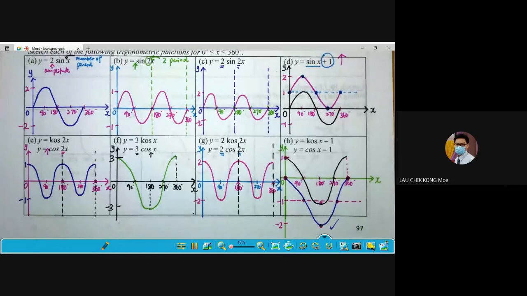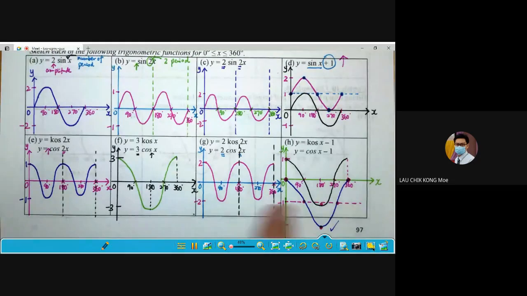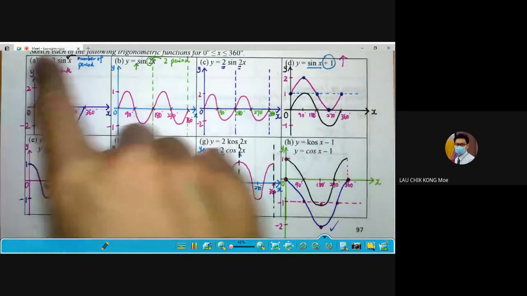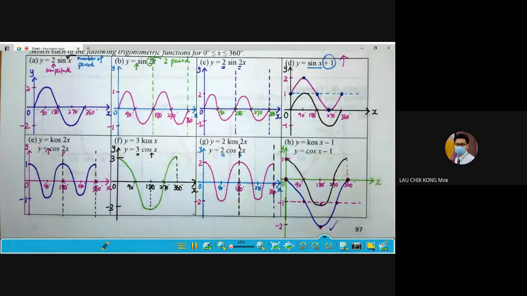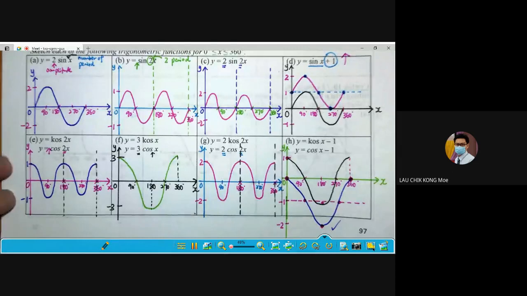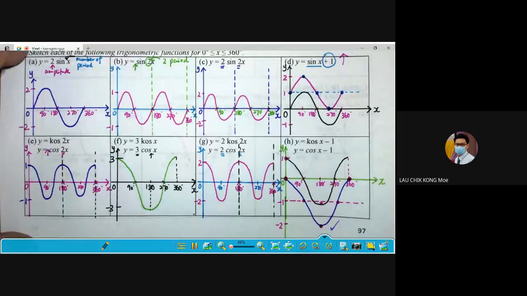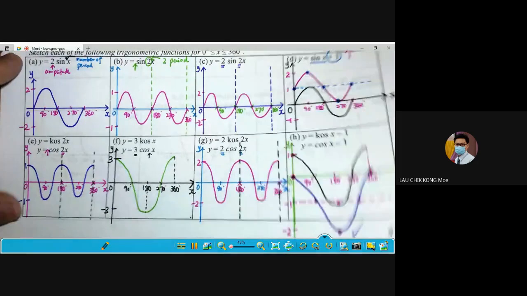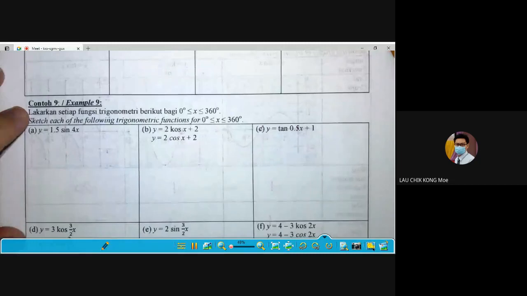Next, so we continue next page. So nanti contoh 8, this example 8 you need to snap and send into our group. This is one of the picture you need to snap out. Okay, example 8, A until H. Belum habis sebab di belakang masih lagi example 8. There is graph of tangent. Graph of tangent. Okay, so we continue the tangent.